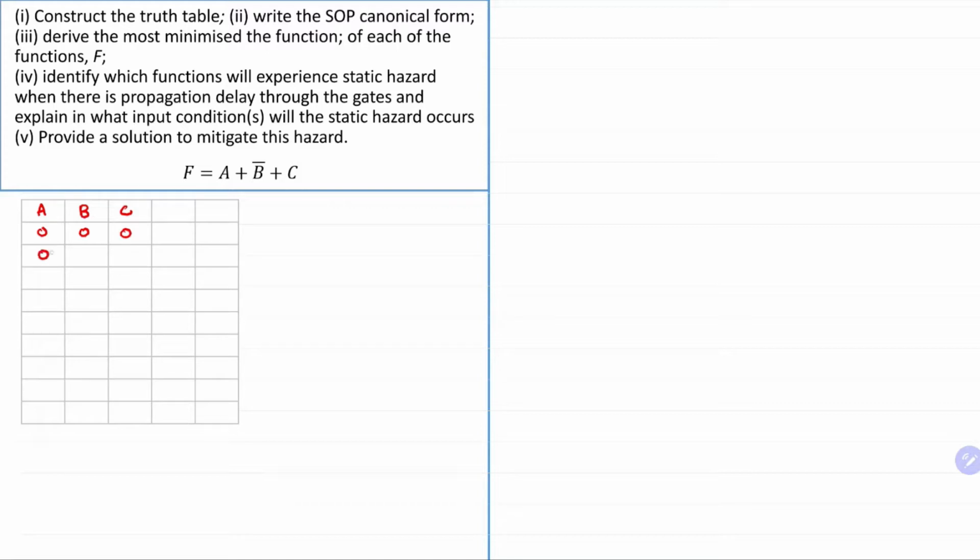So we go from 0, 0, 0, 0, 0, 1, so it's always a good idea to list down all the changes in the function. So here we got a b bar,